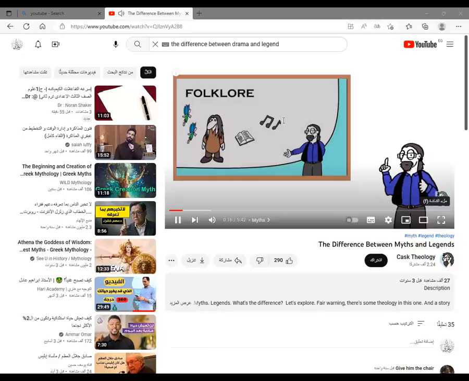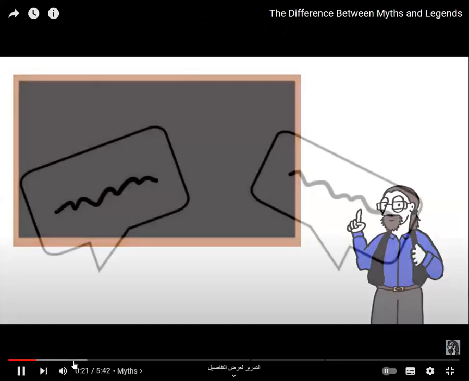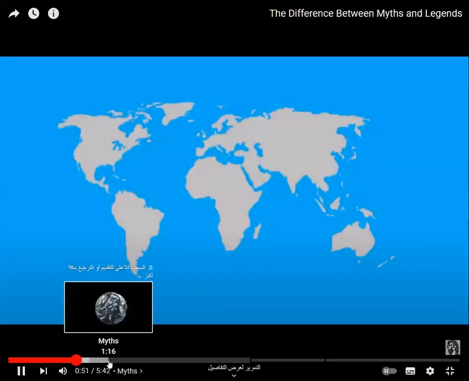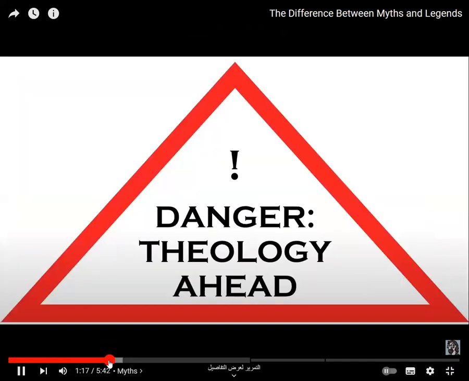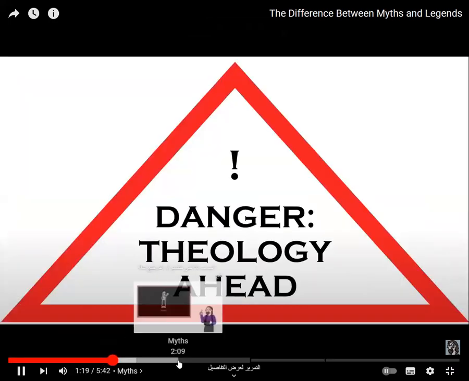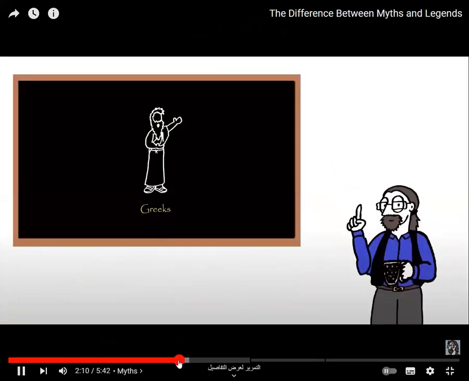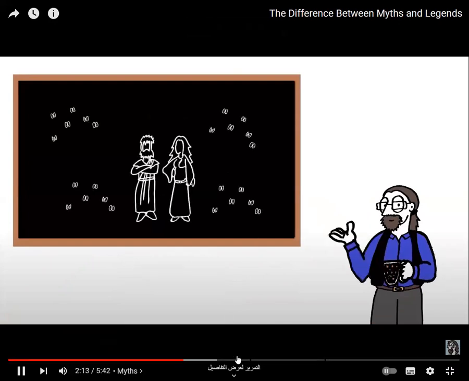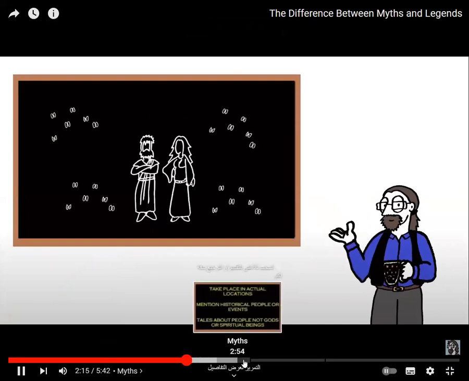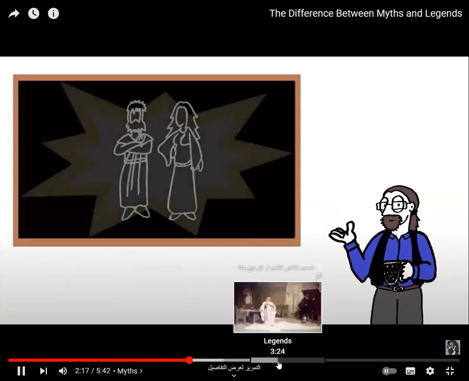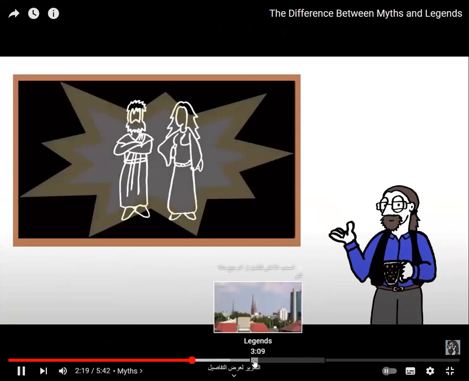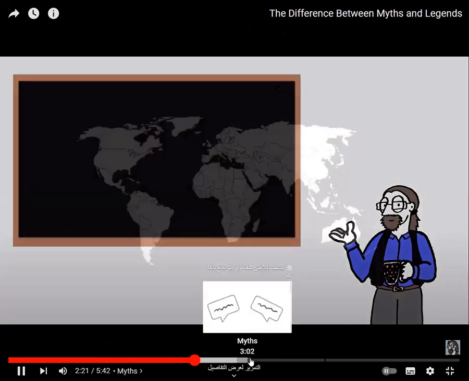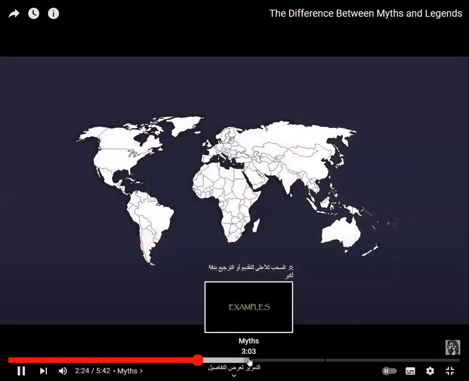So, yep, these are stories that have been passed down amongst the generations, and will often take place in a theology ahead. The ancient Greek account of creation is from the guys who gave us the word myth anyway. For another example, the ancient Greek account of creation is absolutely chock full of gods and spiritual beings. We've got the gods themselves, the Titans before them, and the struggles that led the gods to become the ones who ruled over humanity. There are loads of these creation stories all around the world.